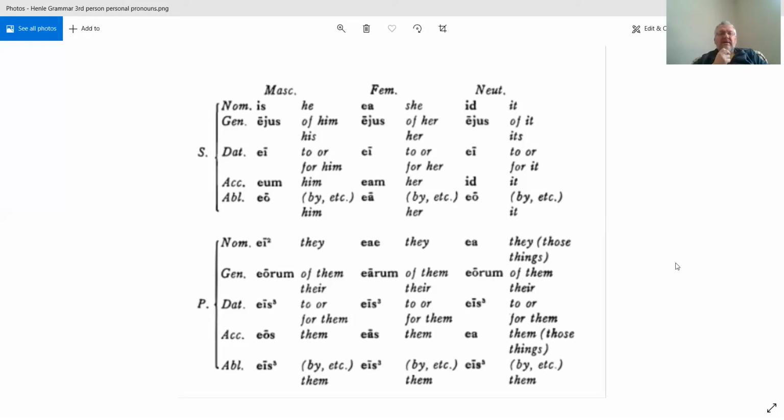Is, ea, id, that's the nominative case. Eum, eam, id, and remember the neuter rule, right? The neuter rule is that the nominative and accusative for any neuter, whether it's a noun, pronoun, adjective, is always going to be the same. So that's why you've got id, id. All right. So when you do your quiz on Thursday, you're going to have to know at least 2 of these,